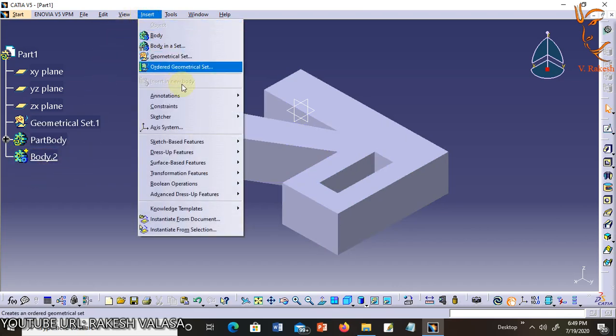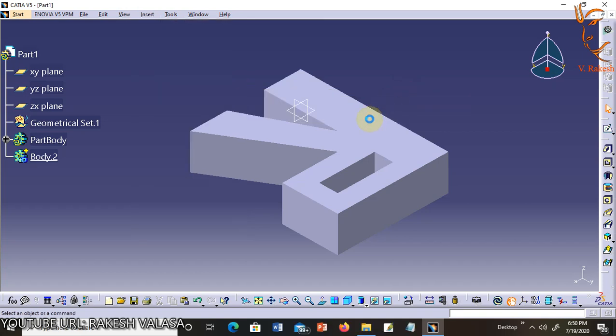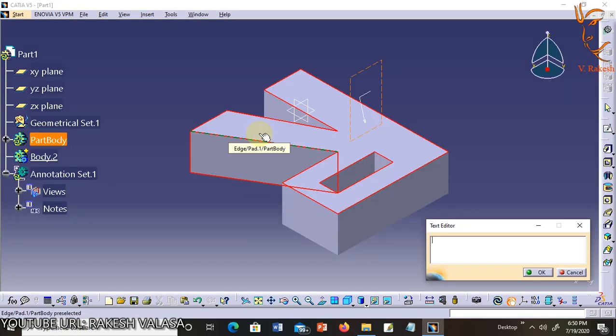Next one is annotations. This tool allows you to create 3D annotations, that means comments or notes. You can attach the notes to a specified entity. The annotation can be hidden and edited.